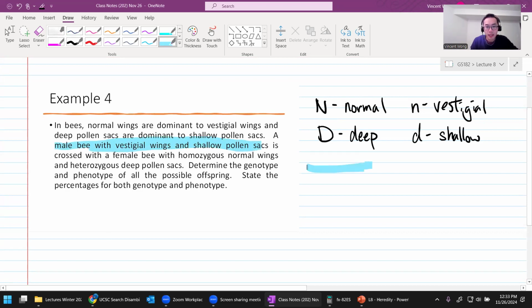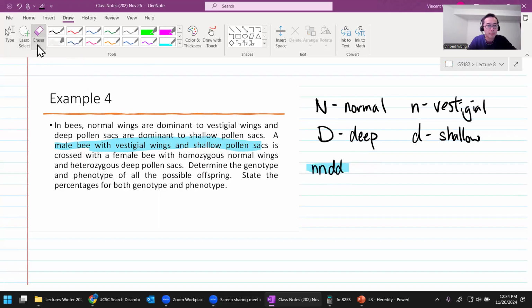If we write out the genotype, it is going to be small n, small n. Because it is a recessive trait, it has to be pure. There are no other ways. That's why it wasn't necessary for the question to specify whether it's pure or hybrid. Similarly, shallow pollen sac is also a recessive trait, so we're going to use small d, small d for that part. Okay,